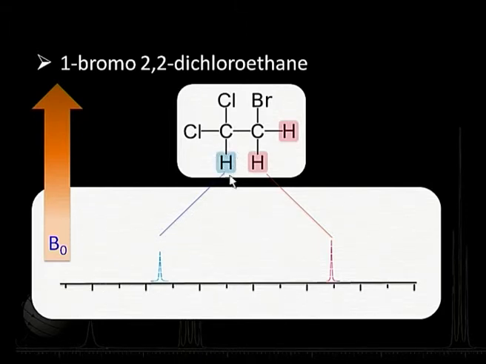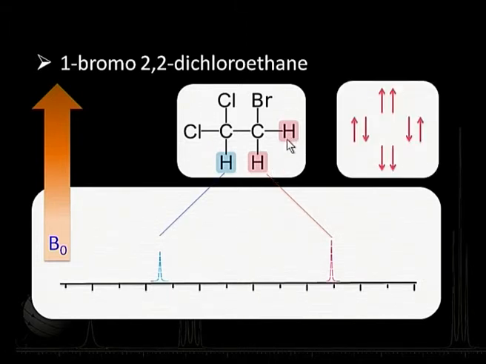Let me try to focus attention onto this proton. When I am looking at this proton, these two protons can behave in different ways because both of them are tiny magnets. So, there are different possibilities. What can happen is both these protons can be aligned with the field, or one proton is aligned with, one is against, or this is against, this is with, or the third possibility could be both of them are against the field. So, there are a number of possibilities here.